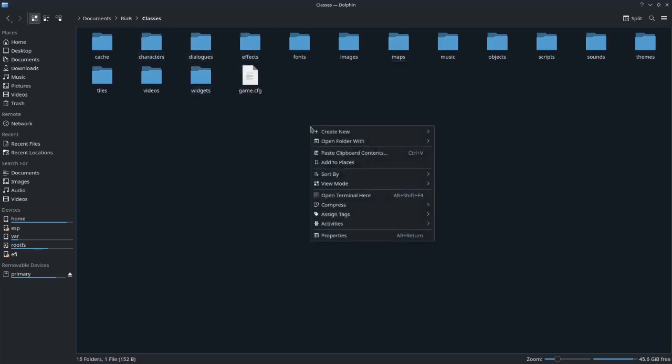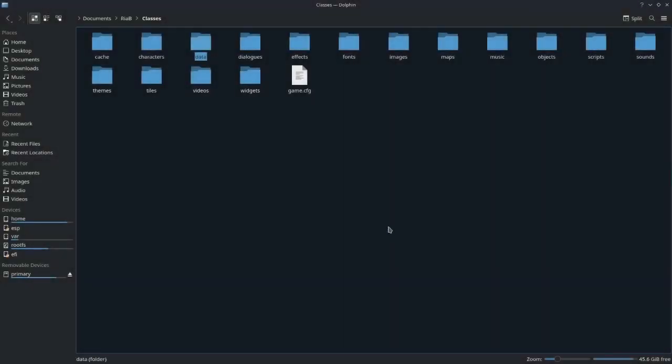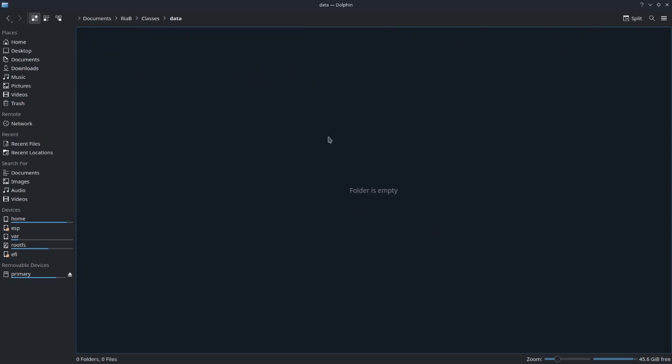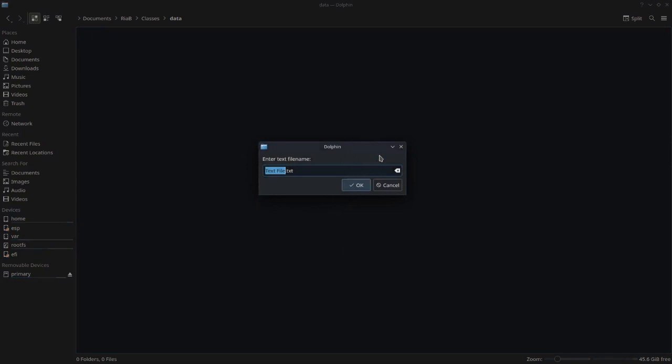We're going to right-click and we're going to create a new folder. We're going to call this folder Data. Now, it's important what you call it. It has to be called Data, and everything is lowercase. Okay? So call your folder Data, and then within that folder, you're going to right-click and you're going to create a new text file, and you're going to call this file